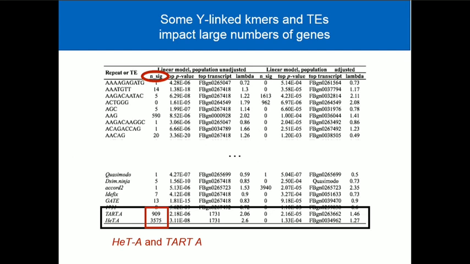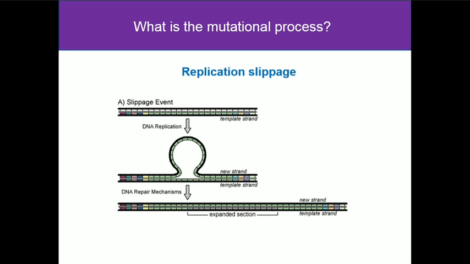So this is the number of genes that are significantly impacted. This K-mer here only hits one other gene. It's quite striking. This one hits 14 genes. AAG repeats, there's lots of those in the genome. Those affect 590 genes. So that's probably a really good binder of HP1, for instance, that it would impact so many different genes. But these are quite interesting. These are those transposable elements. You know, the telomeres of Drosophila are maintained by transposable elements, HeT-A and TART, and those impact huge numbers of genes in a trans-acting way, the relative abundance of those two elements.